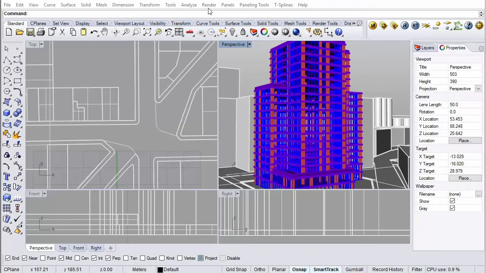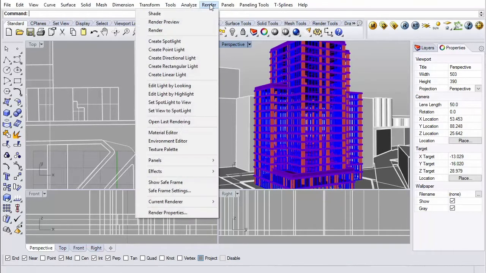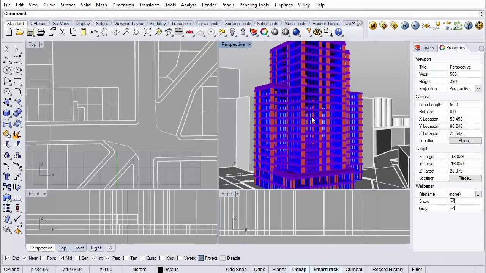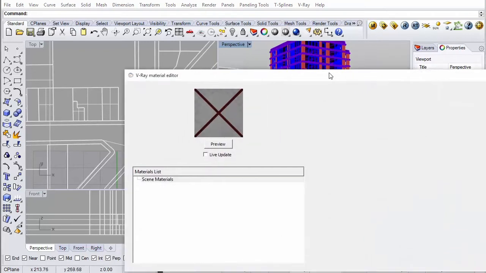So you go to Toolbars and Render and go down to Current Renderer, and it says Rhino Render here. You want to check V-Ray. So that should activate all of these options here. Now just to quickly go over what these are, starting from the left, this one gives you the materials window, which is something like this.